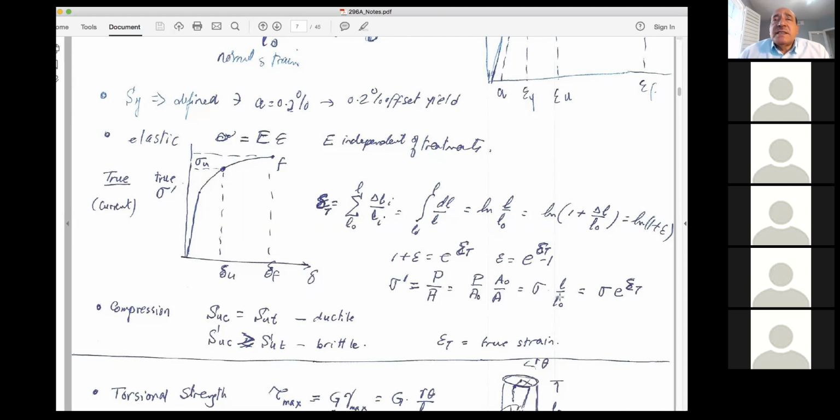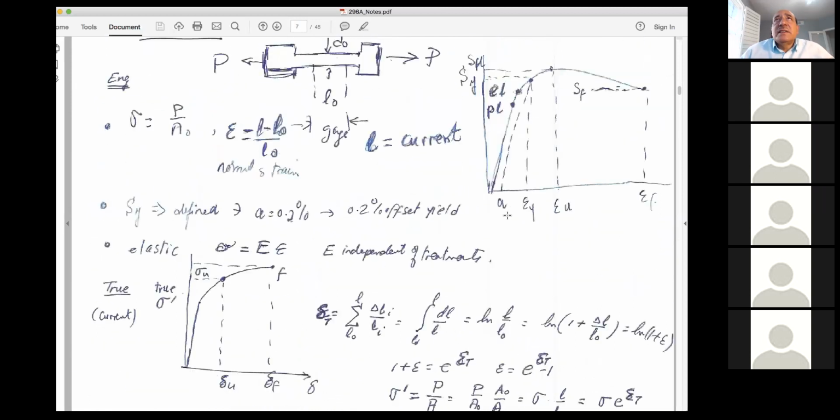So the upshot here is that there's a problem in the homework assignment where you apply these two equations. The first equation: given epsilon, find delta. And given epsilon and sigma, use this to find sigma prime. So you can rebuild, in other words, given all of the data on the engineering stress strain, you put it in a MATLAB code.